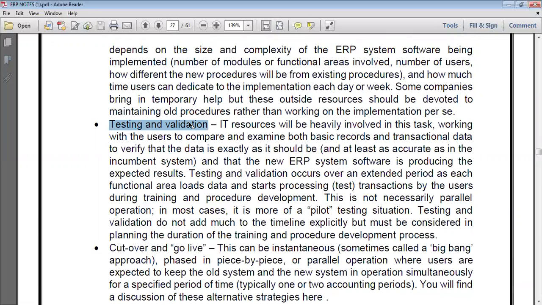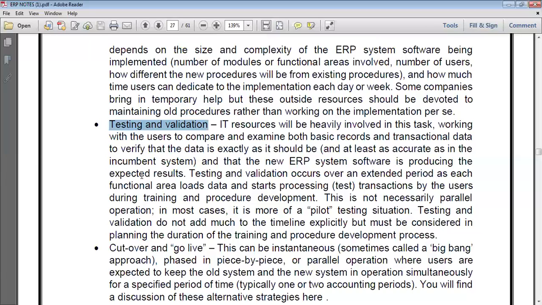We examine both basic records and transactional data to verify that the data is exactly as it should be in the incumbent system. We need to know which application provides the complete information, through channels, validation, language or planning.